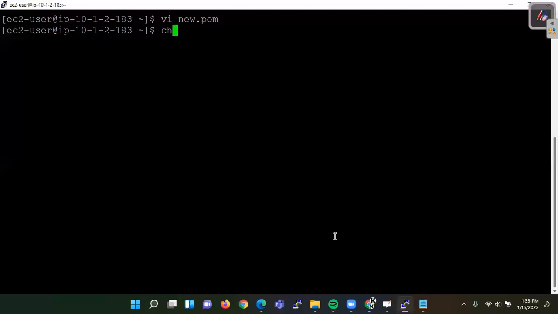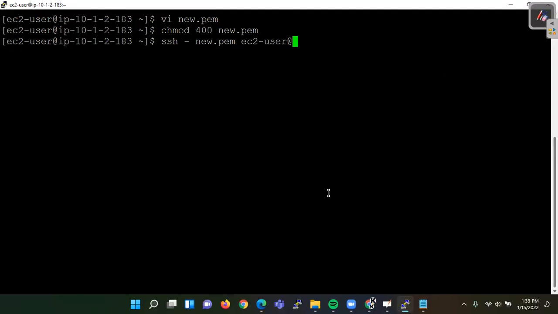Then change the mode, change the permission, otherwise it will not work. Now SSH into the private server with new.pem. Here we give ec2-user for the second server.